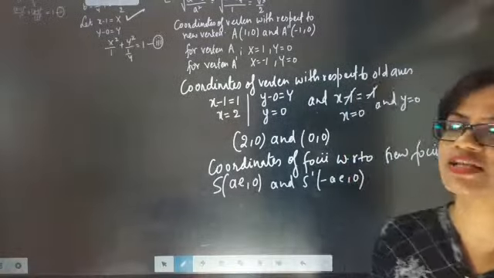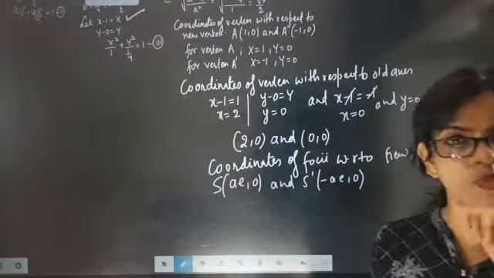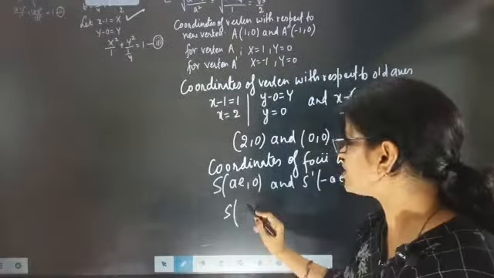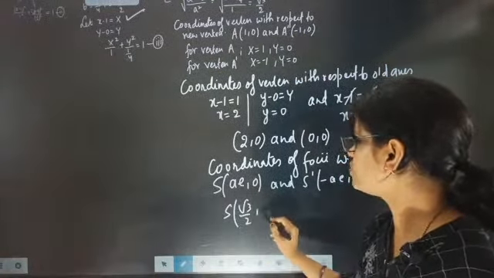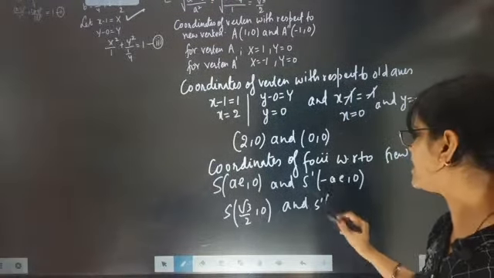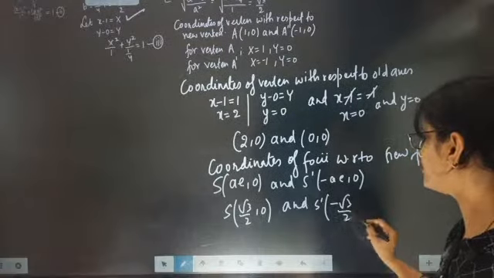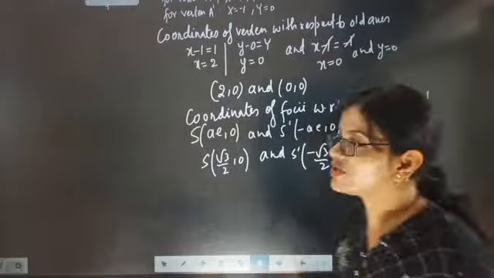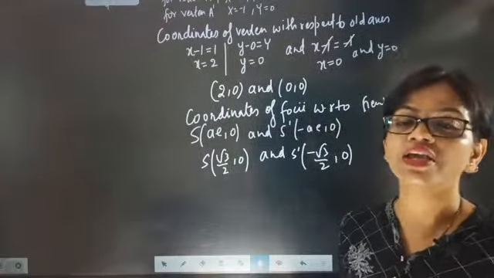So AE is what? Eccentricity. Already we got A is 1 and eccentricity is root 3 by 2. So focus will be coming as root 3 by 2 comma 0 and S dash will be coming as minus root 3 by 2 comma 0. But beta, here the most important point is, now we have to find the coordinates of foci with respect